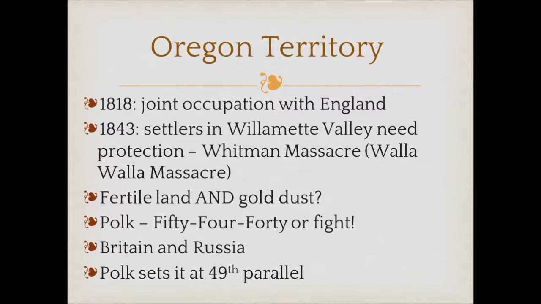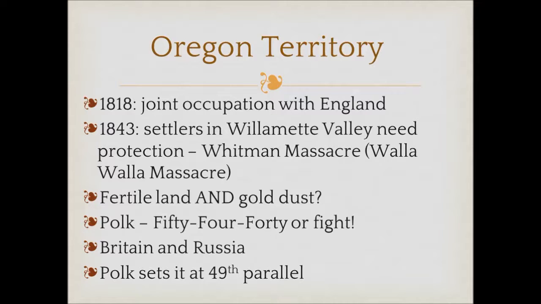So people in Oregon were begging America, please, please make us a state, make us a state. And we couldn't because we were sharing it with Britain. So we kept telling them, we'll see what we can do. We'll see what we can do. But